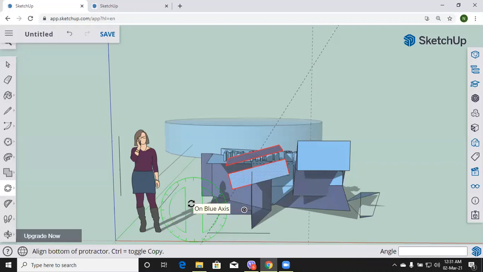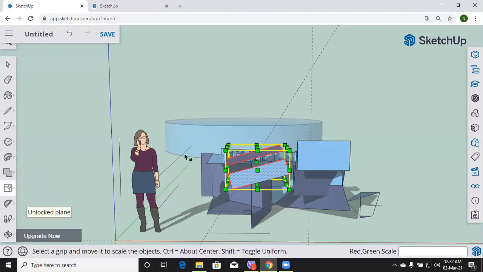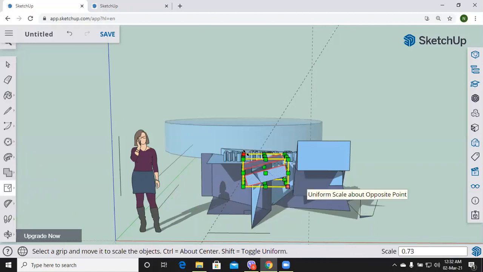You can also use this tool. In the left panel, you have this scale tool over here. You can use this scale tool to scale the object. Whichever object you want, you can scale them, and after scaling this,